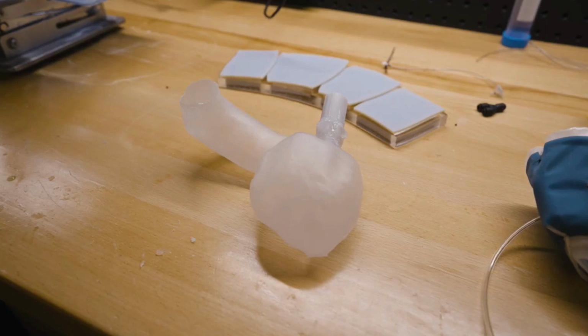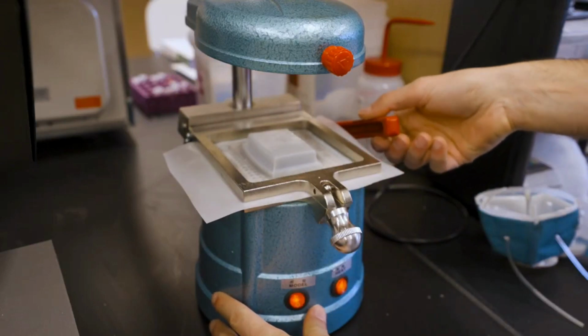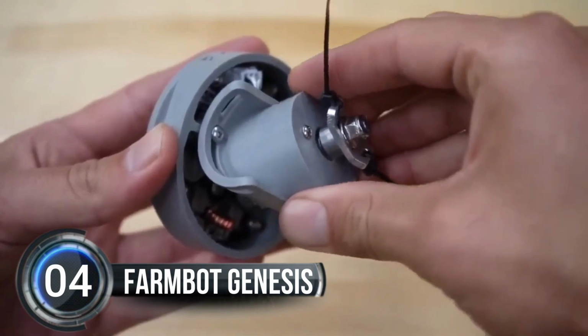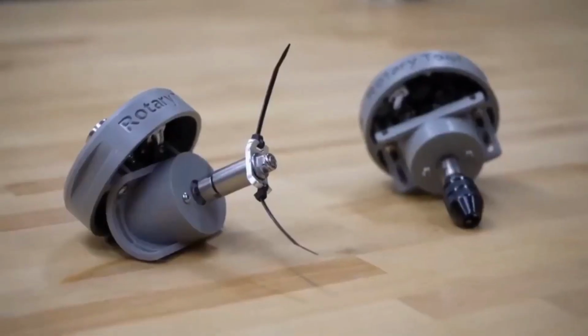This innovation could help people with heart disease get much better treatment and care. It's amazing how a technology like this might revolutionize the health industry. Number 4. FarmBot Genesis. Up next, check out this cool robot that lets you plant over 30 specific styles of